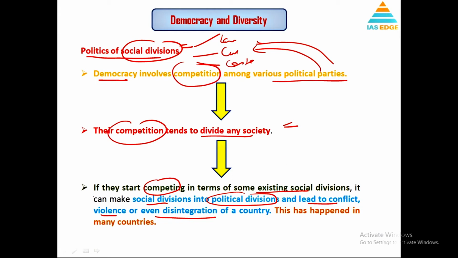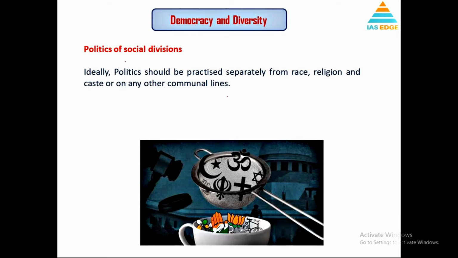You start to vote along those lines. They start competing in terms of division. This social division becomes a political division that might lead to conflict, and that might lead to violence, that might lead to disintegration in extreme cases. Now we are talking about extreme cases. In India, fortunately, we have not faced such a problem, though in India differences are always there, the problems are always there,